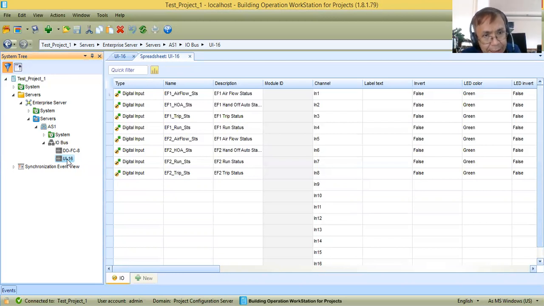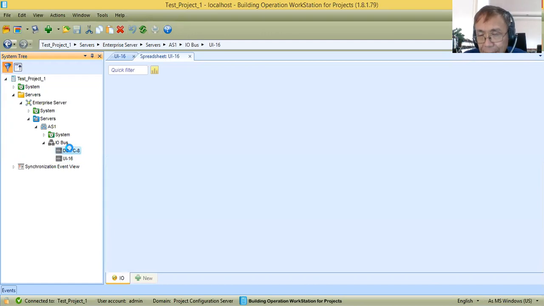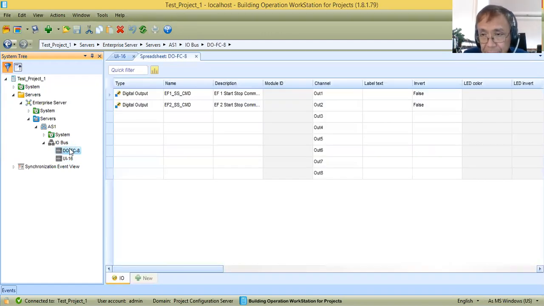EF1 airflow status, hand off auto, trip and run. Then EF2 airflow, hand off auto, run and trip. So now I already created the points that will control and monitor my twin exhaust fan. Now, for the software points, this will be generated during our control programming.